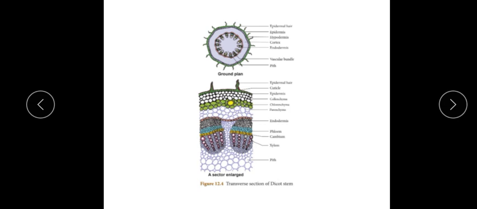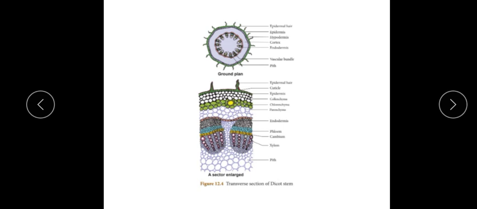When I talk about the xylem, we use a word here. Between the xylem and phloem, you can see in the middle cambium is present. Have a look here. You can see between the xylem and phloem, cambium is present. When cambium is present between xylem and phloem, such a condition is called open. Now I am explaining all the terms for you, children. Open.